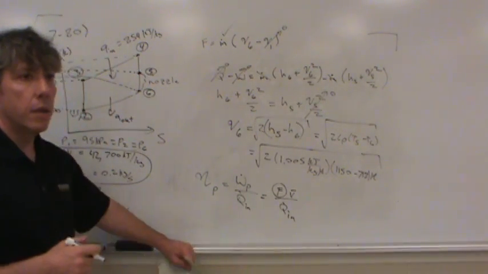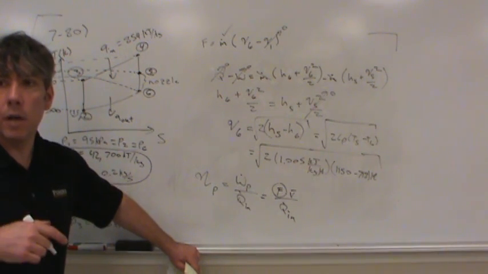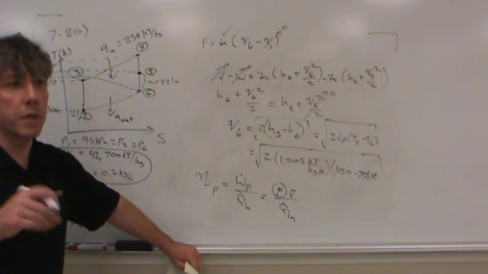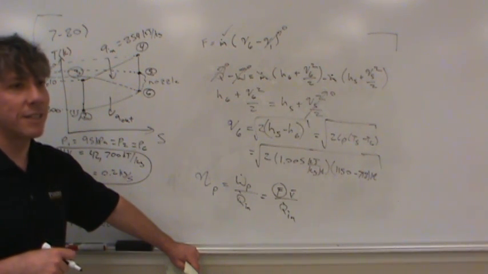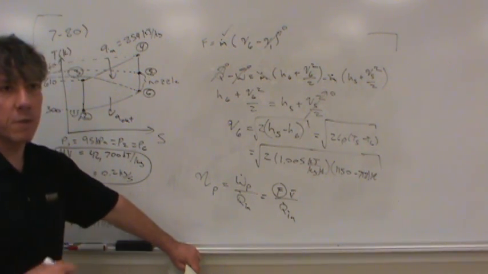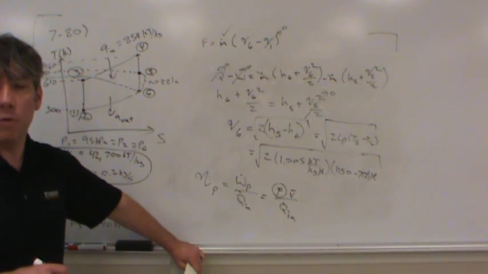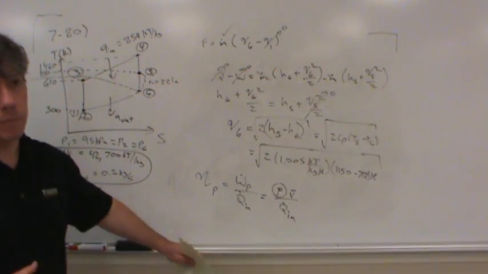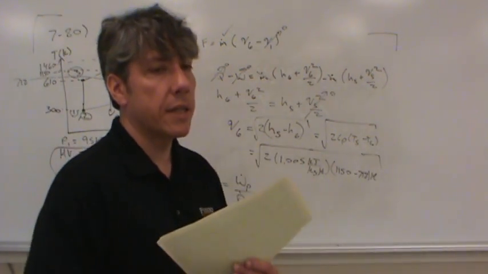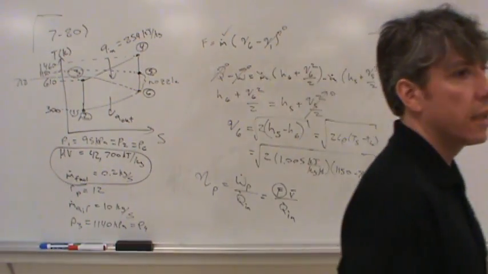Now, how would you like it if the speedometer on your car measured your speed in square root of kilojoules per kilogram? Would you have a nice, good, intuitive feel for that? Me either. Is there a conversion factor to get us to something that is more familiar, like a distance per time? Look in the front of your book. Either write this in or highlight it. Conversion